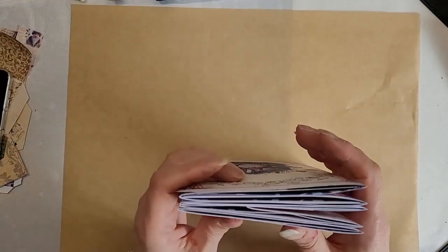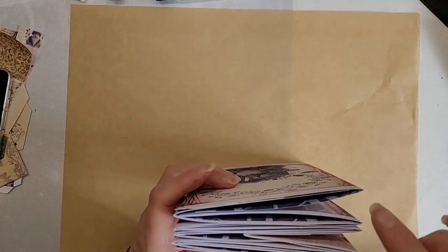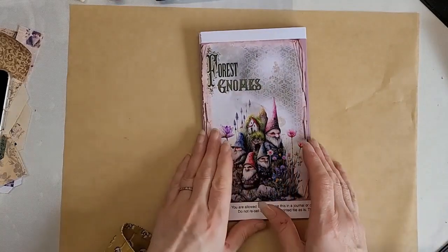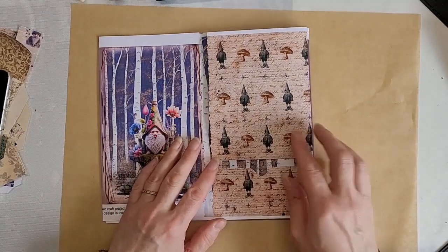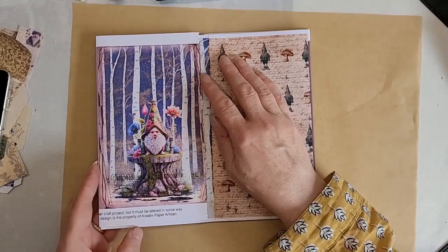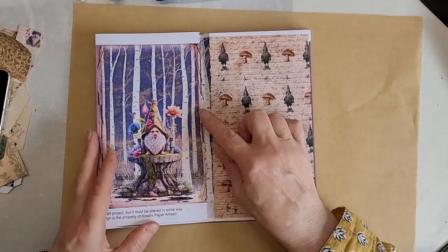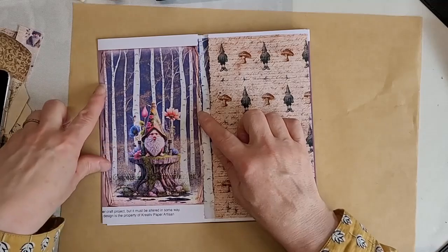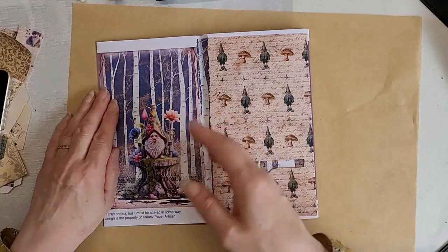Right, now, to get your pages even, what you're going to have to do is, can you see here, the pages won't actually go right to the edge. The temptation is to glue your pages right in, and that's one of the reasons why I put the decal edge, because that stops that temptation. You see the forest and it stops that temptation. But you don't want to do it on the other side either. So you need to decide what size your page is going to be, and then regardless of where your edges are, stick the bit of